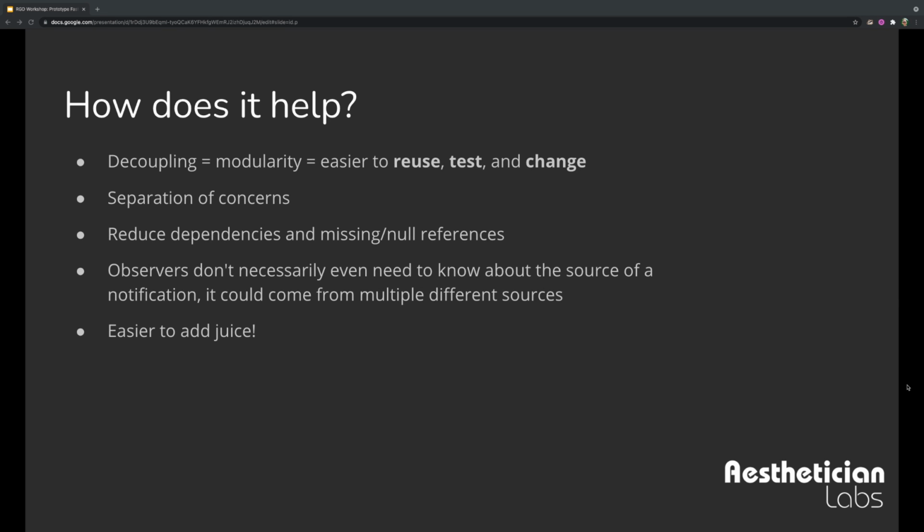And we'll get into more specifics, but it's a lot easier to just quickly throw in particle effects, for example, in response to something happening in the game, because you already have a notification that that thing happened, right? It's easier to animate UI when the game starts: have the UI not shown and then it has a nice animation in when the game starts, because the UI can just grab the game state out of the ether, basically, when it changes and then respond accordingly. And there's often no code that has to be written for that kind of stuff in Unity. And depending on what you're using, it's very minimal code that has to be written in that case, right?